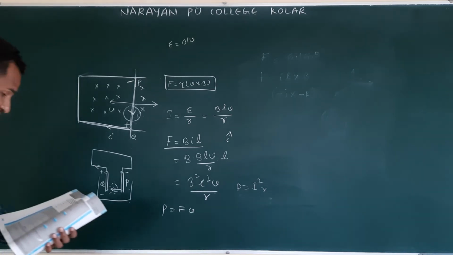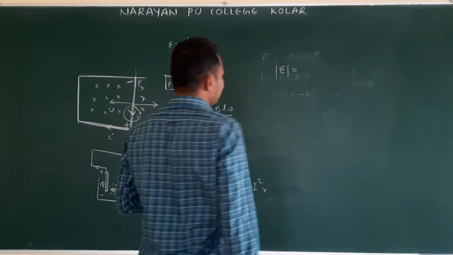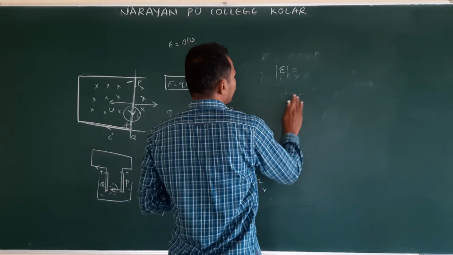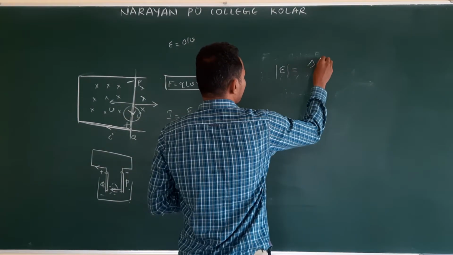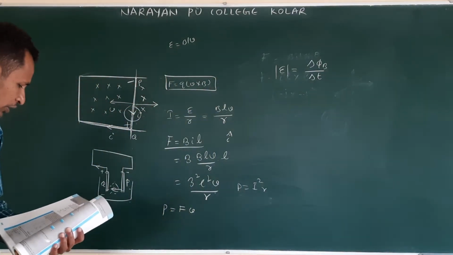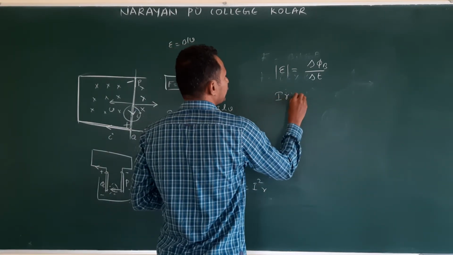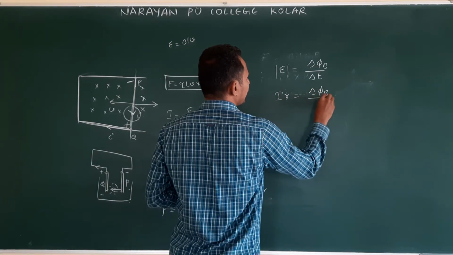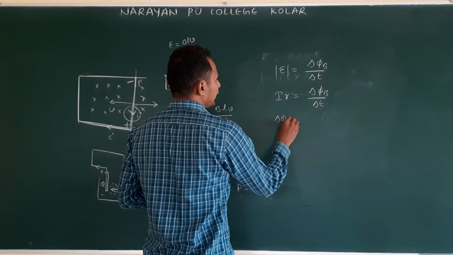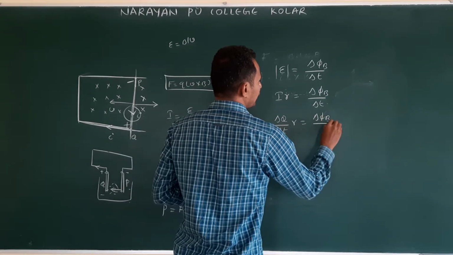And we will see an interesting relationship. I am writing only the magnitude, so I am not taking the sign. Induced EMF according to Faraday's law is d phi B by dt. Am I correct, or delta t? Clear? So how do we write this EMF? I into R is equal to d phi B by dt. What is I? I is equal to delta q by delta t, and R is equal to delta phi B by delta t.